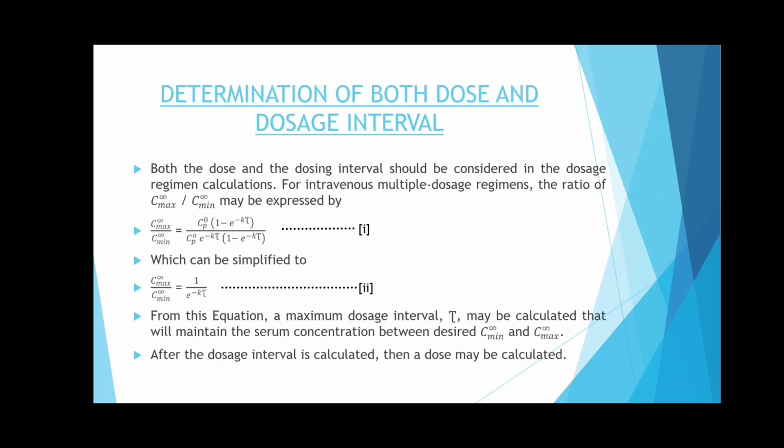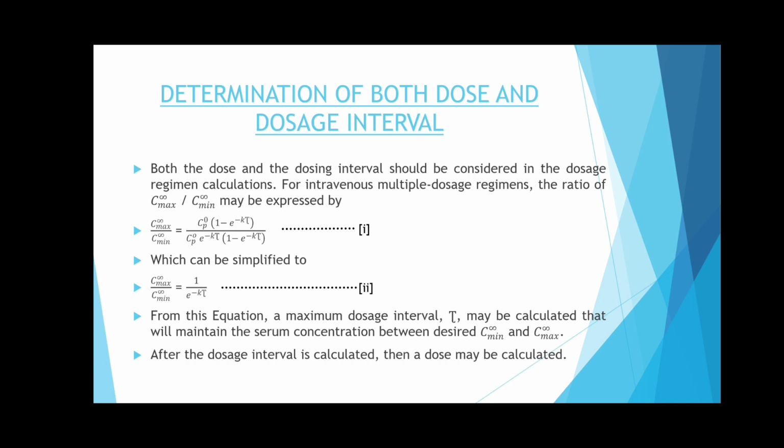Next, we'll talk about determination of both dose and dosage interval. For now, both the dose and dosing interval should be considered in the dosage regimen calculation. For intravenous multiple dosage regimen, the ratio of maximum steady state concentration to minimum steady state concentration may be expressed